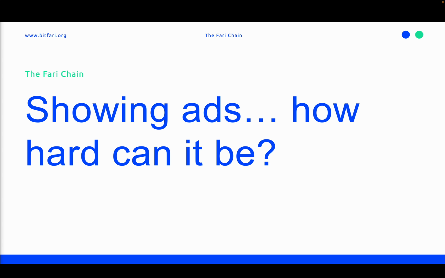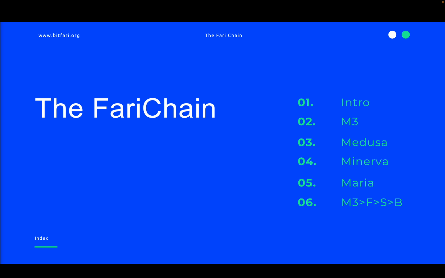Right now, it's working fine, but I'm going to show you how hard it is to show ads, and all of the things that we do to show an ad, because it's pretty tough. So we're going to do a small intro, we are going to talk about M3, I'm going to show you the main components of the platform, and then we're going to see some code.